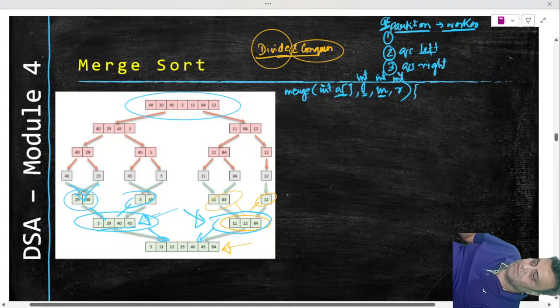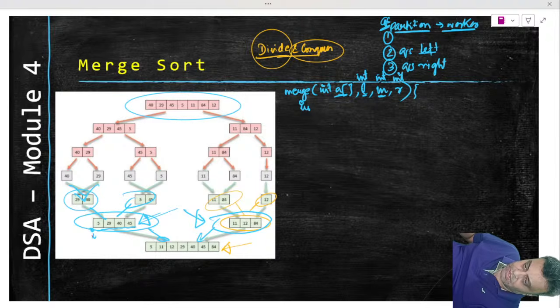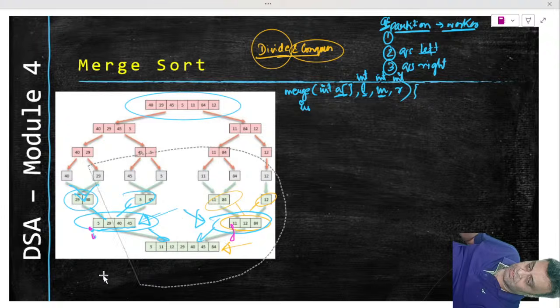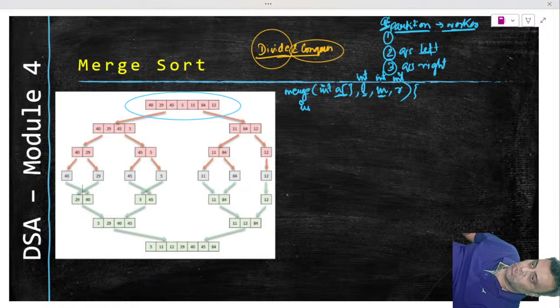So remember my I here, my I was here, right? So don't forget that my I was here, my J was here. Let me clear this up for you. So my I was here, my J was here, and my K was here, right? That's how I was trying to do the conquer, right? And don't think that I was not here. I was also here. J was also here. K was also here. I'm just trying to take the last step because it has more elements, just for clarity. So I will say that I have to define my I.